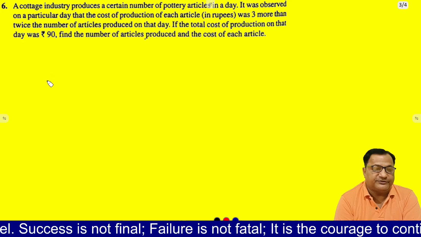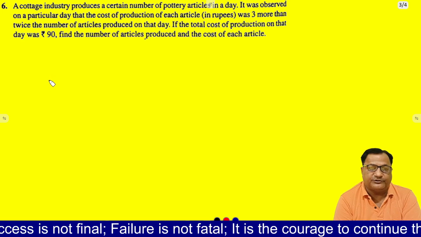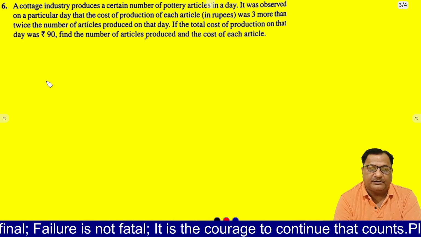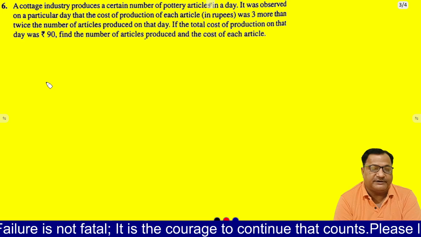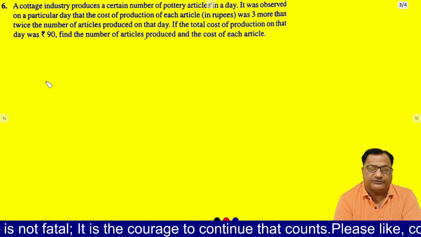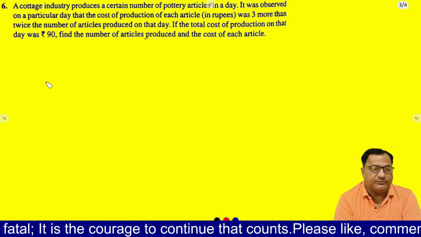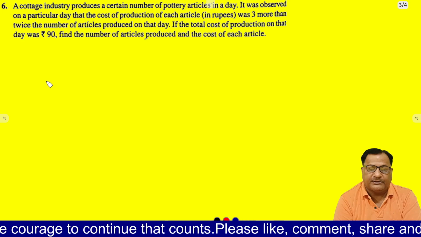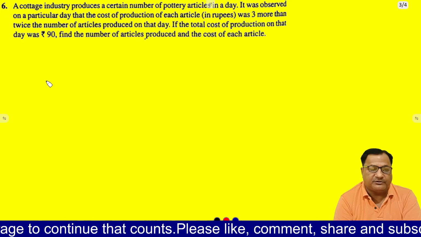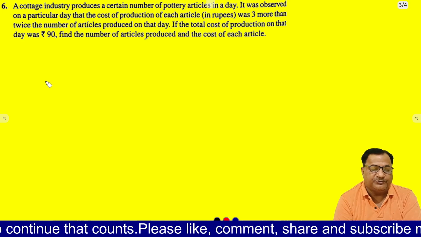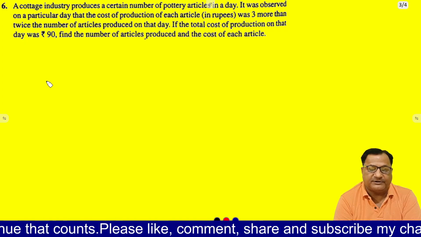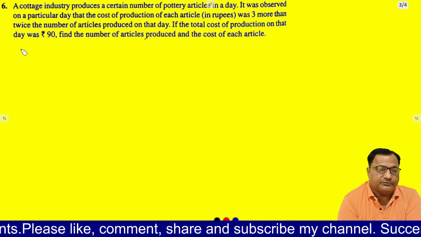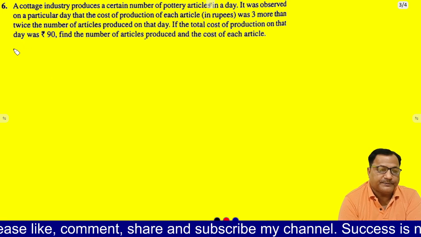The question number 6: a cottage industry produces a certain number of pottery articles in a day. It was observed on a particular day that the cost of production of each article was 3 more than twice the number of articles produced on that day. If the total cost of production on that day was rupees 90, find the number of articles produced and the cost of each article. So first we will let